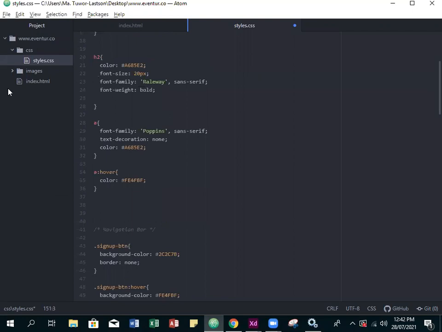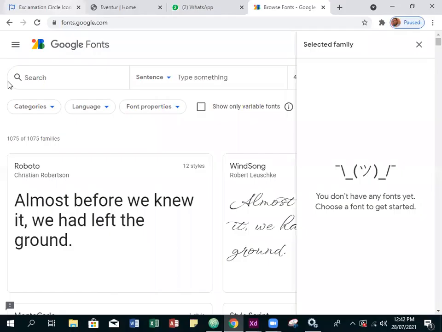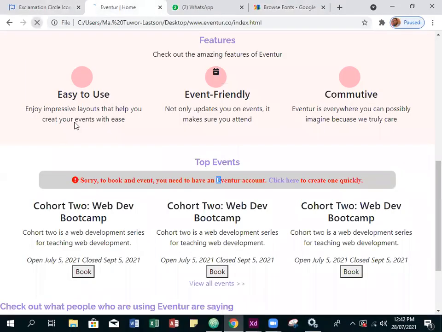Go to the anchor tag, copy the font family. When you copy this, you go back down all the way, and then we just paste what we have here, save it. Now let's go back to our website. Now we have Poppins. So we can use Poppins, yeah, but it also affected